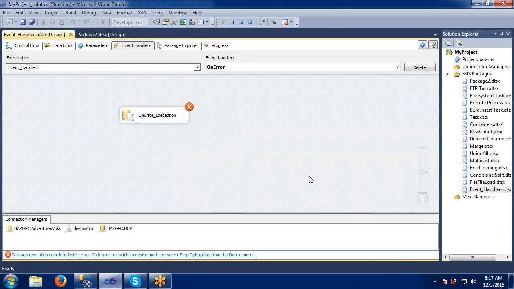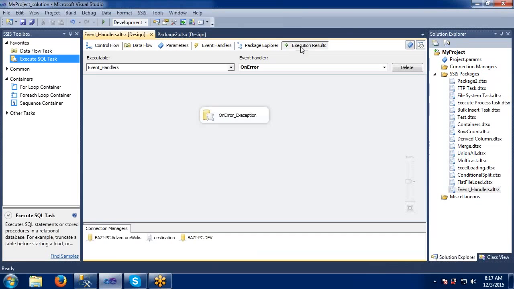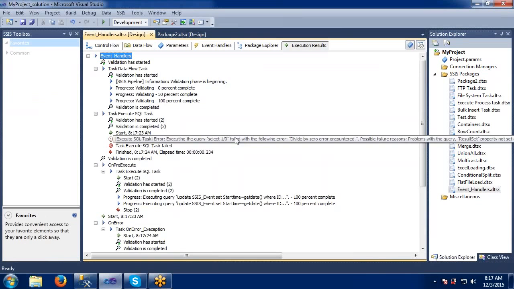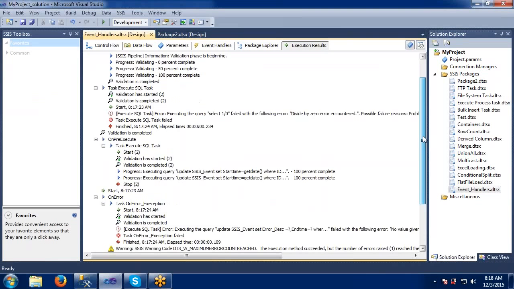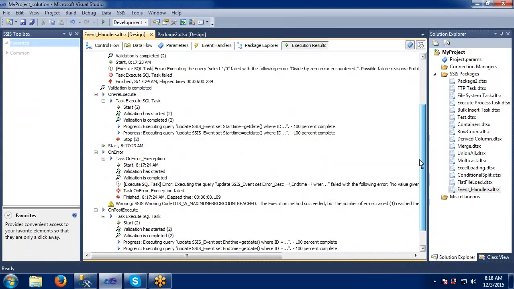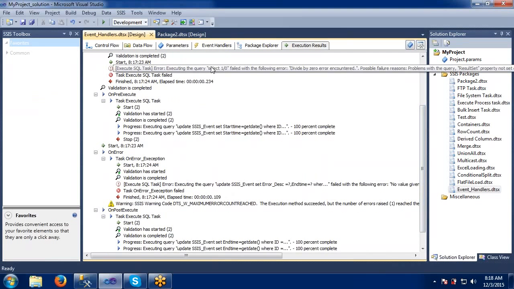Something was wrong here. Let's check on error. Go to the execution results and see why it was not capturing this one. So there is some result set properties issue.